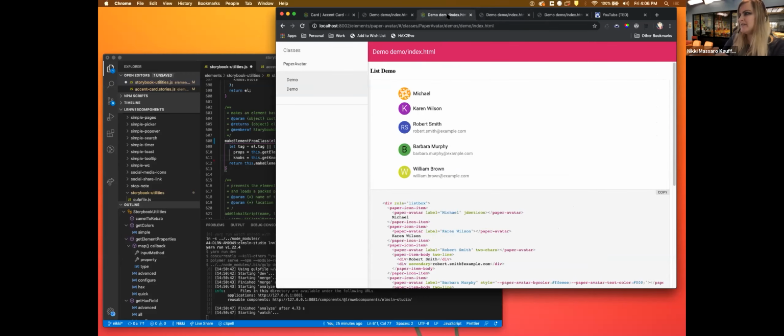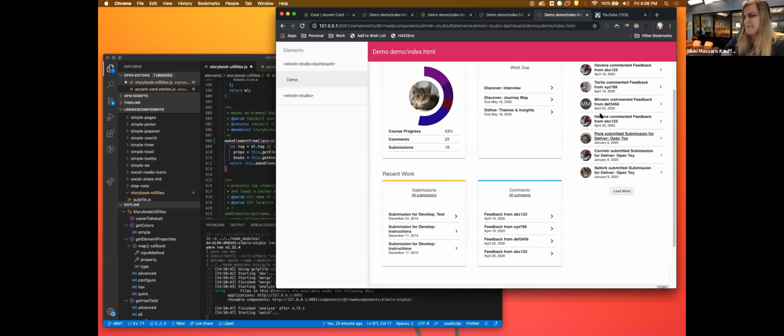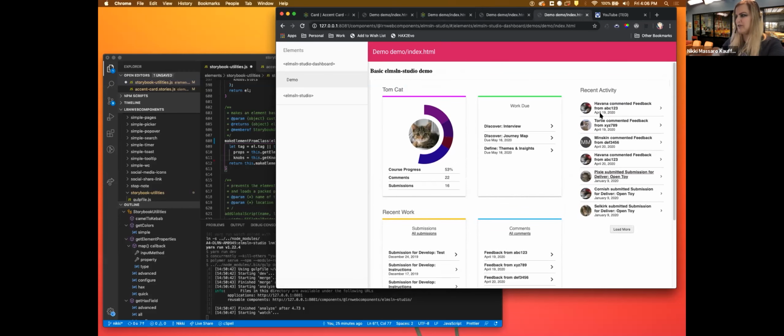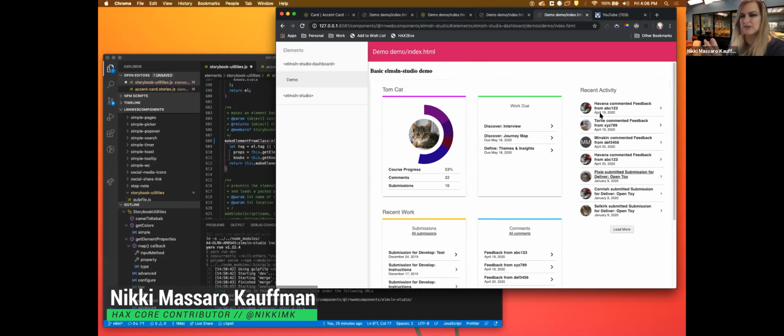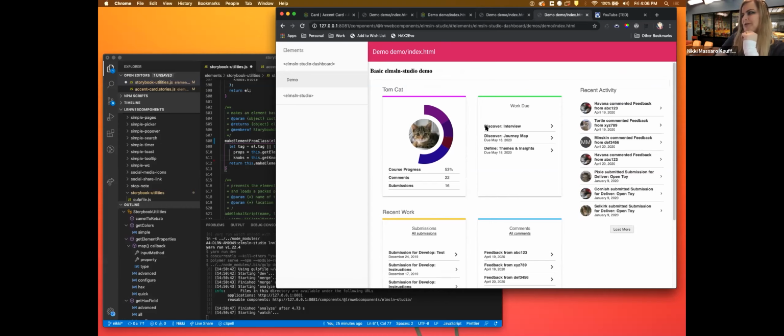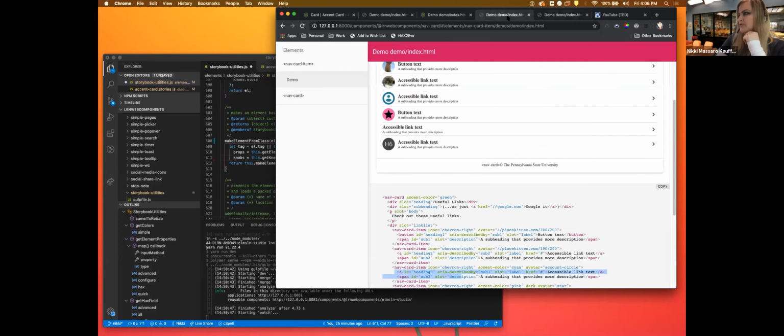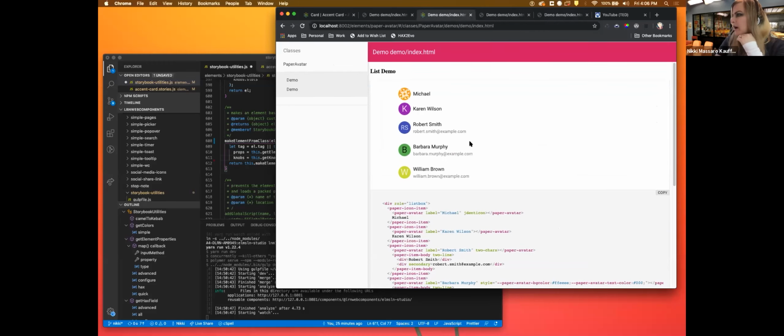The other piece of that is, because what happens with these is, with web components and with the process, you take these big problems and you break them down into smaller problems until you have smaller and smaller reusable components. So I have these cards, I have this list, and then I broke the list down into these little pieces within the list. And within those lists, there's also this avatar piece, which we've had before, both as this paper avatar, and paper avatar is basically allowing you to have a unique icon generated or initials generated, or you can actually add